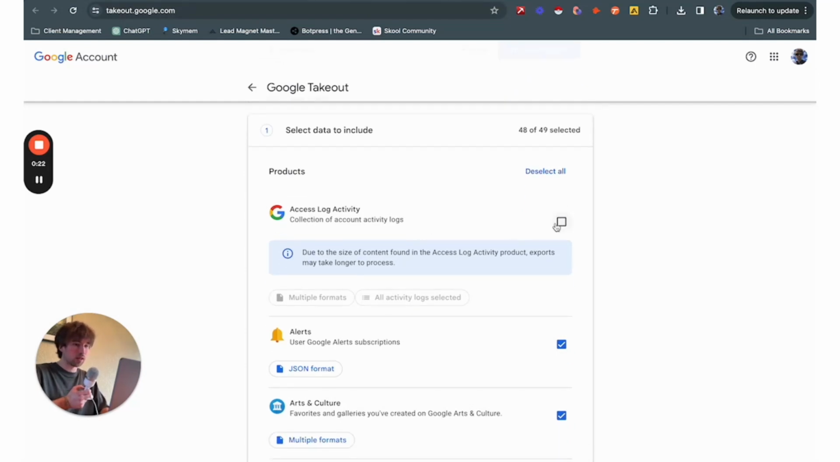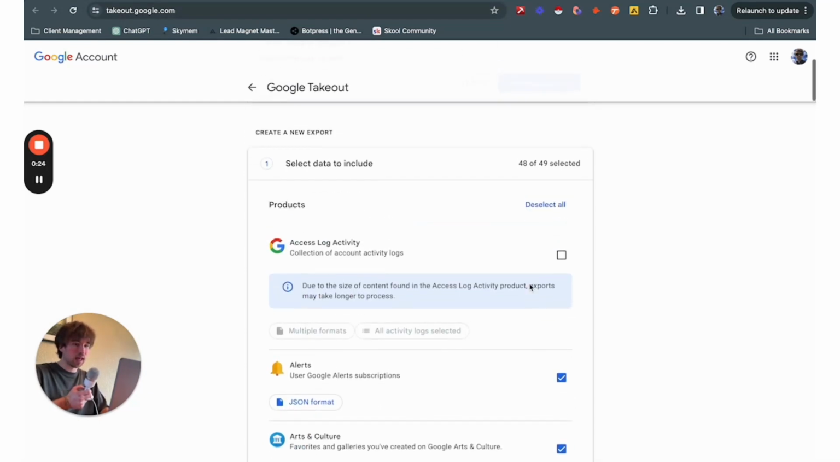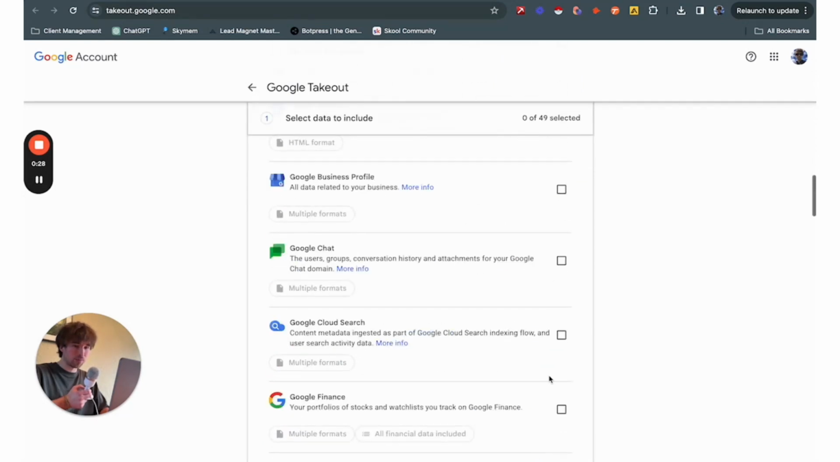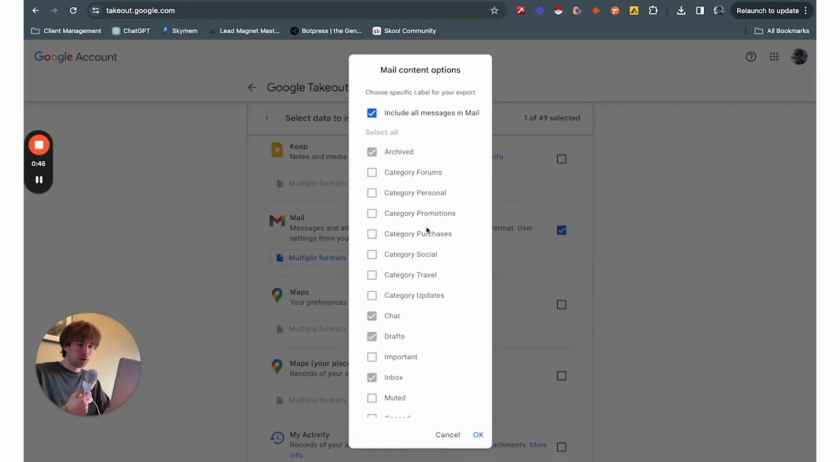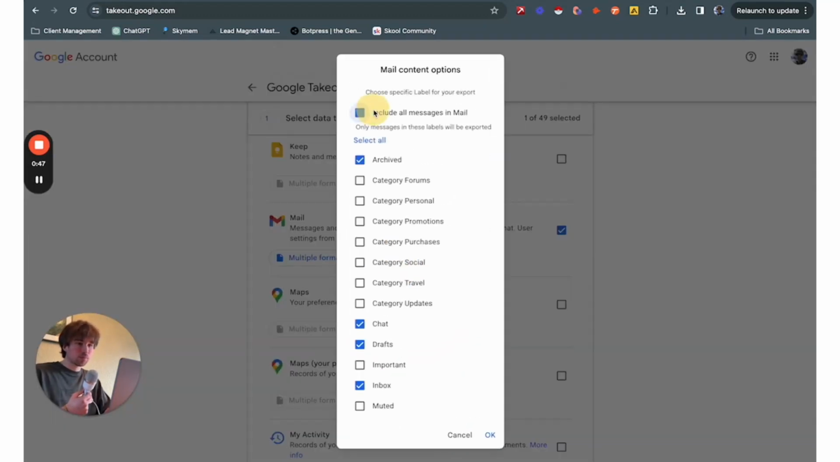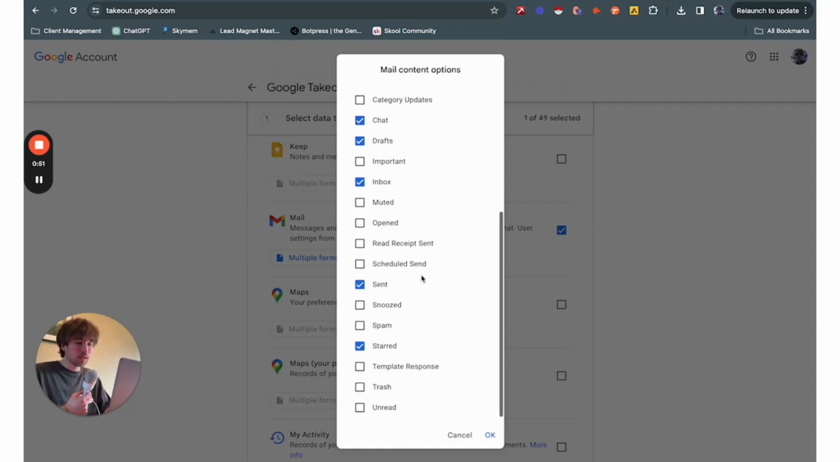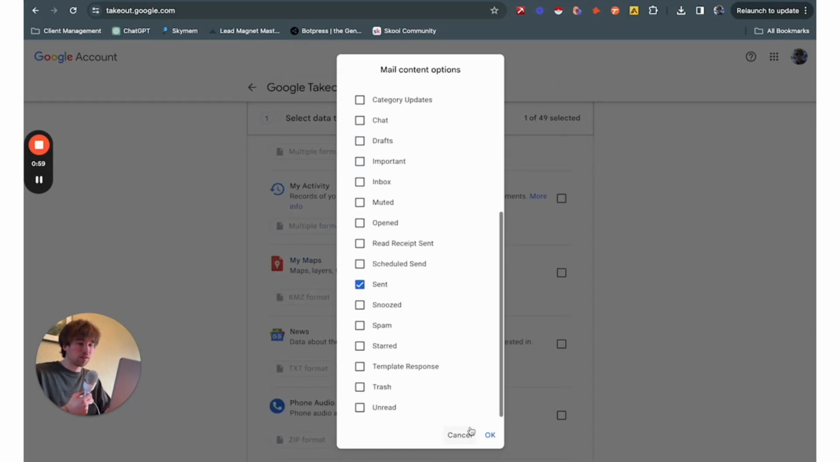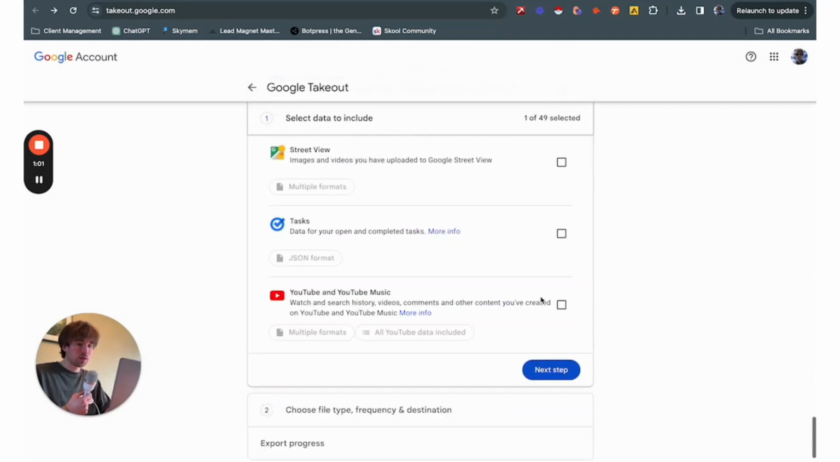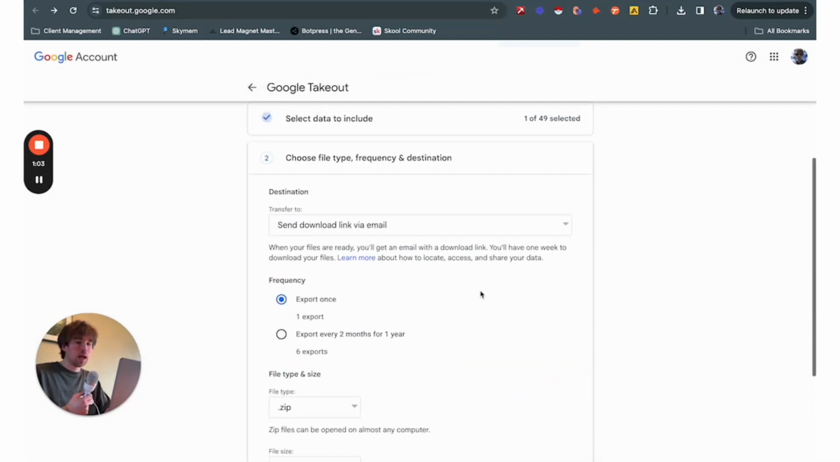You're going to want to click deselect all right here. Scroll down, click mail. And now you're going to want to go to all mail data included. Click on it. Deselect include all messages in mail, because we only need our sent inbox. Deselect everything. That's all we need, is our sent emails. Deselect archived, hit OK. Go down here, click next step, and it'll